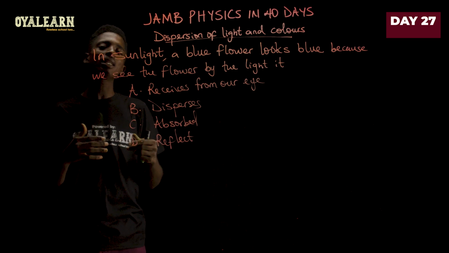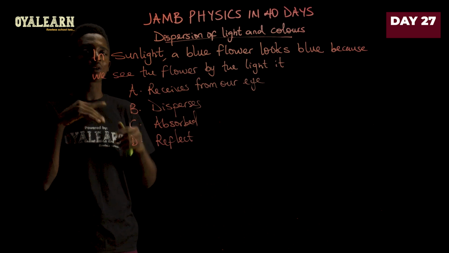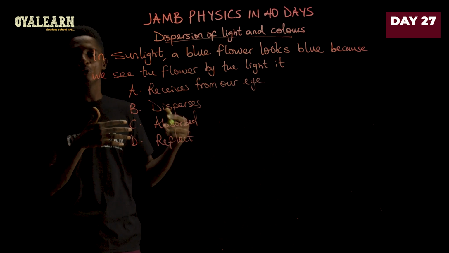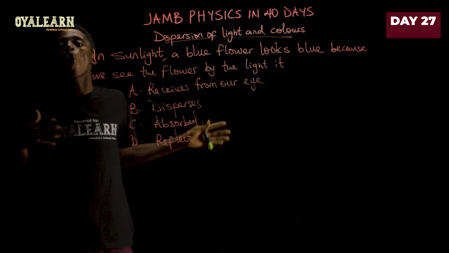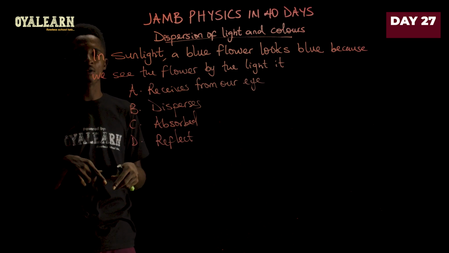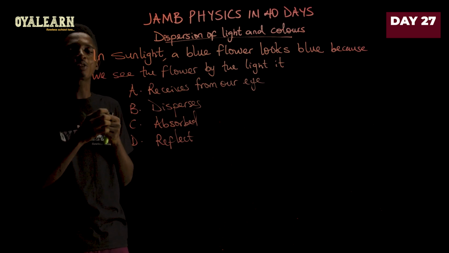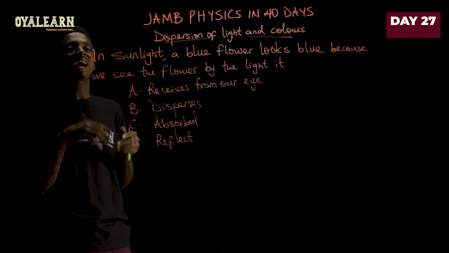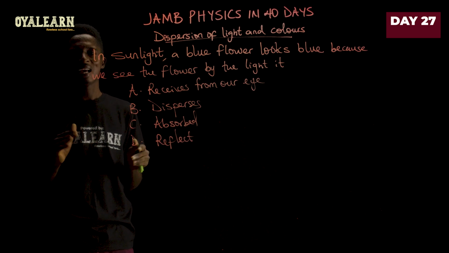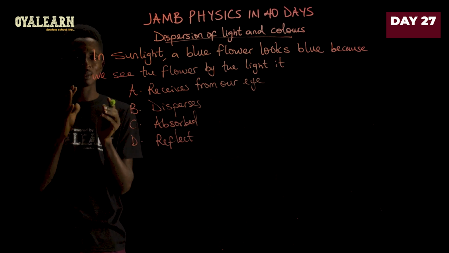So for example, if something is red in color and white light shines on it. Remember, white light consists of all the colors that we have: the red, orange, yellow, green, blue, indigo, violet. So it absorbs all those other colors, and the only one it will reflect is the red, which is the color of the object itself. Because the object is red, it will reflect only red and absorb the other colors. That way, if you place the same object under a different color, like say blue, it's going to absorb the entire blue that is set on it, and it will appear to the eye as if it is black or dark in color. I hope you understand what I'm saying at this point.